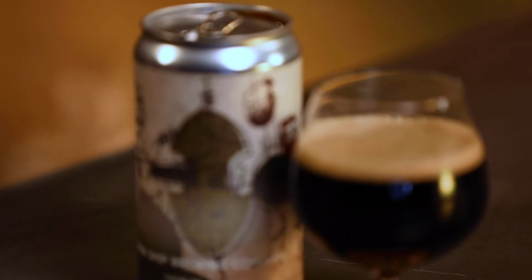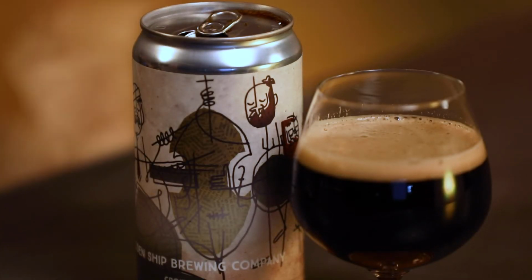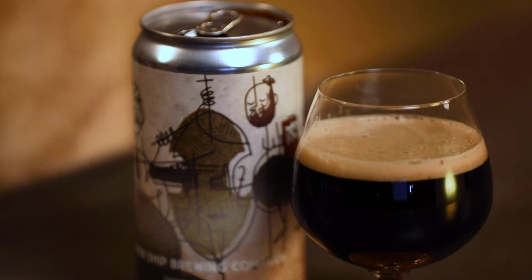I also really like that Wooden Ship decided to use a porter as their base beer for this recipe, because I think the smoke really interacts nicely with the rich bitterness of those darker malts that you use in a porter. So I should say right here that smoked beers are pretty divisive. Now, I personally am a junkie for barbecue, I love cold smoked meat, I love scotch, so these kind of flavors are right up my alley, but if you find yourself sensitive to smoke, you might want to tread carefully